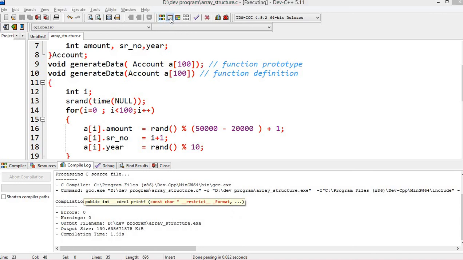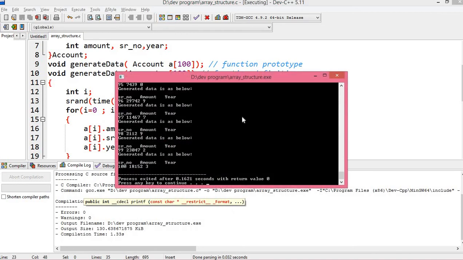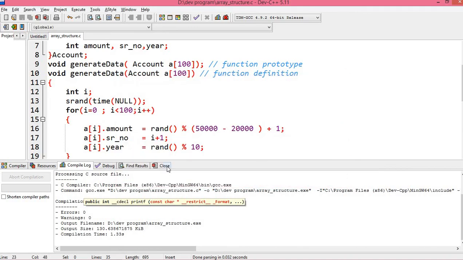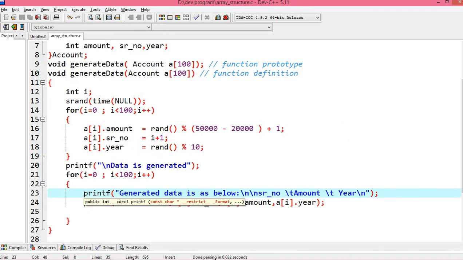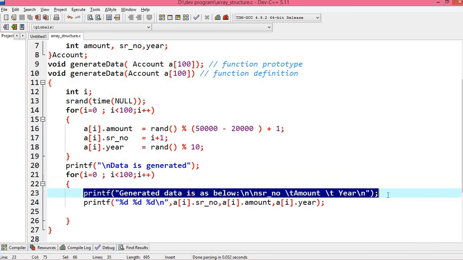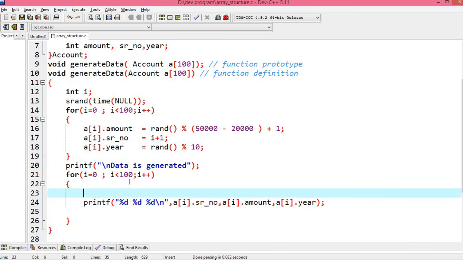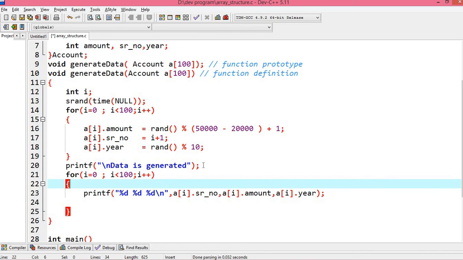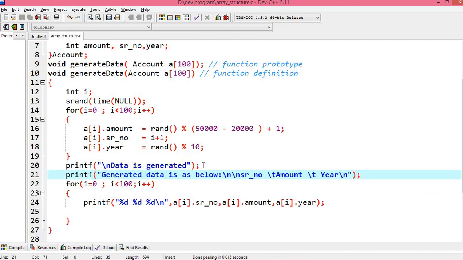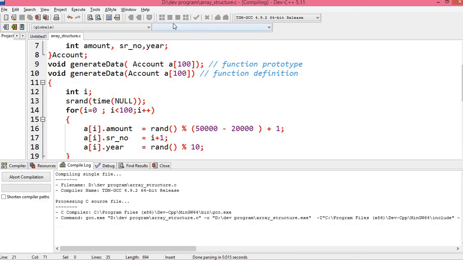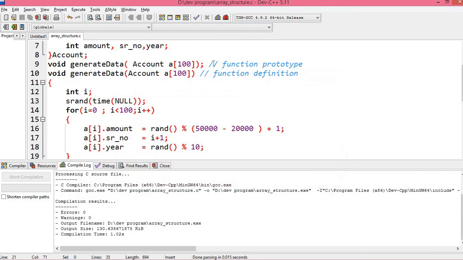We got no error, you can see. But this is inside the for loop. I just made a simple mistake. I need to put this statement outside of the for loop. Compile and again execute this program.